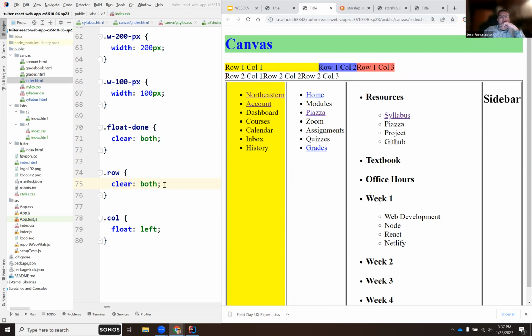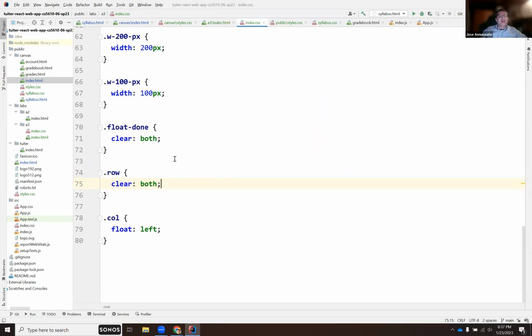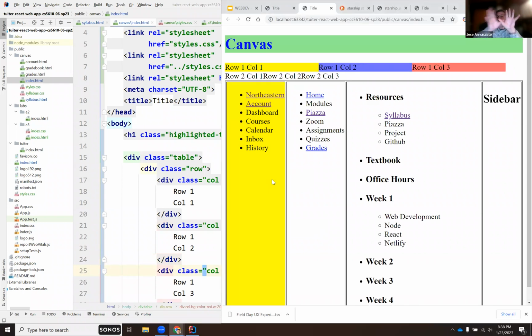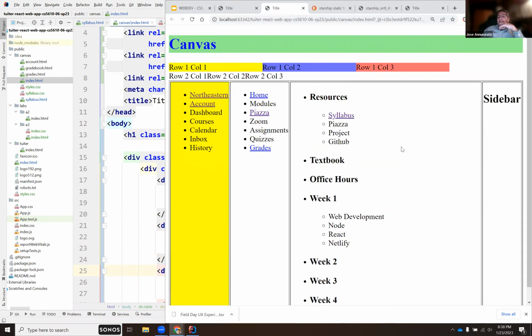Right? Now the width. Notice that I'm giving width to the first one. I could give width to each one individually, right? And make them all the same size. Right, so now they're all 200 pixels, 200, 200, right? Or I could make these